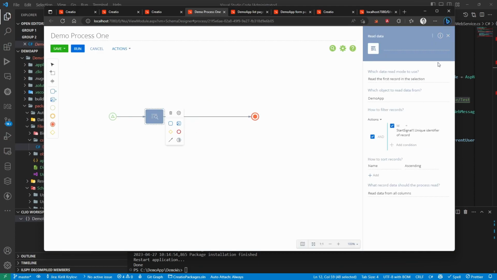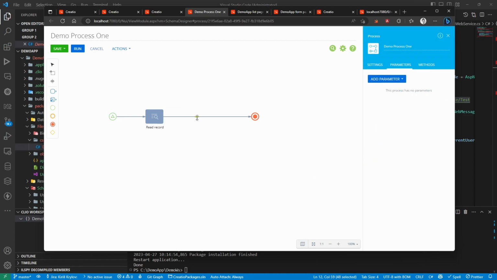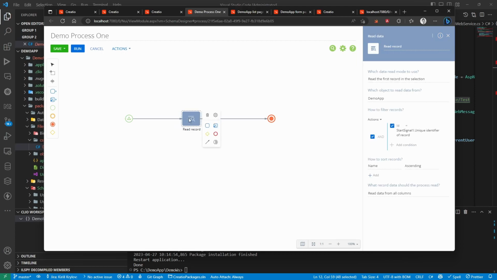Okay, good. So I've read my record. I can label it read record. And perhaps I want to do some other things, like call a web service here, or perform some of these other tasks. These are additional tasks that you could be performing. The point of this is not to show you how to program, but to show you the transparency. So what I'm going to do here is use this element called attach element to